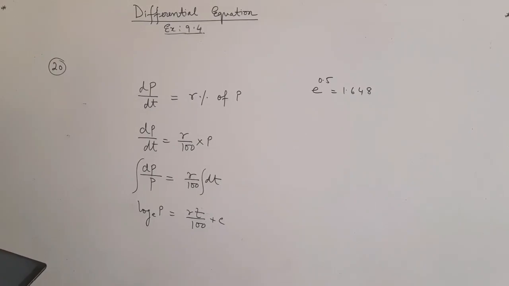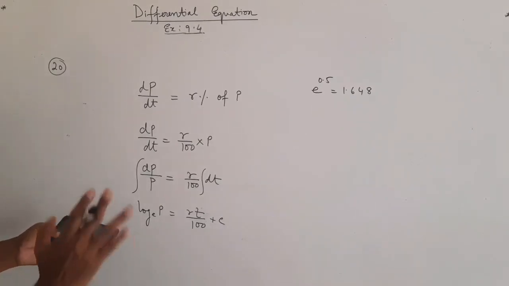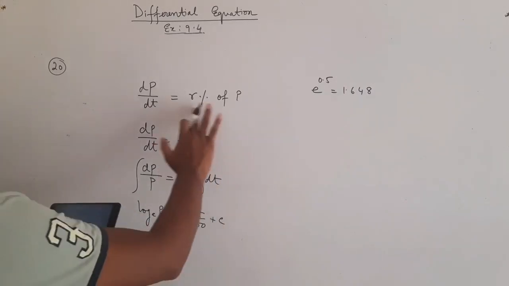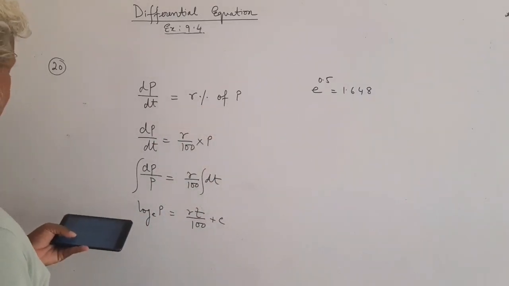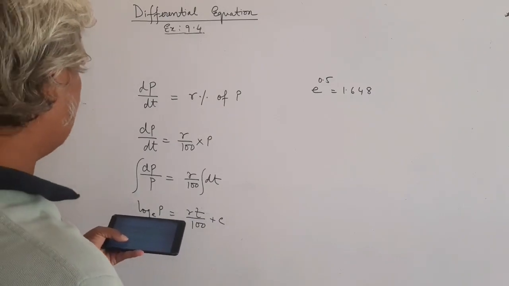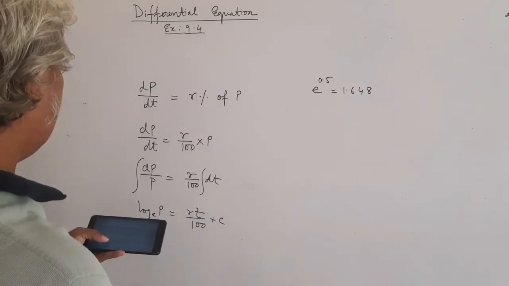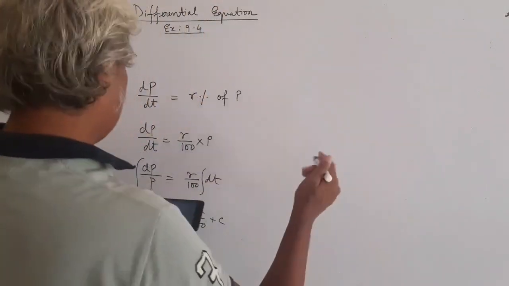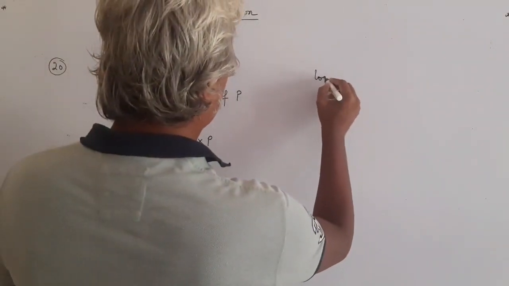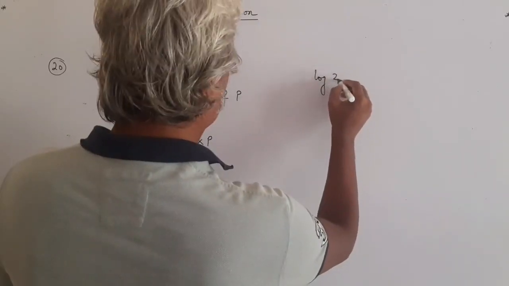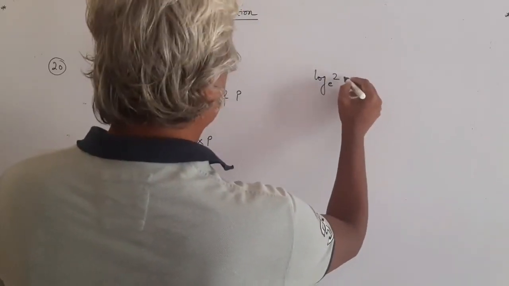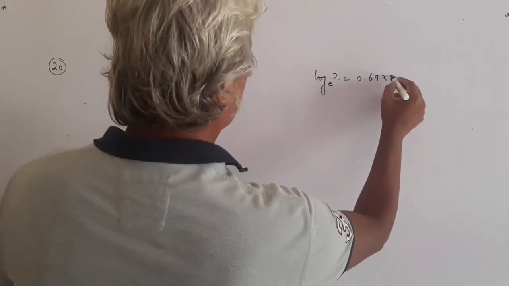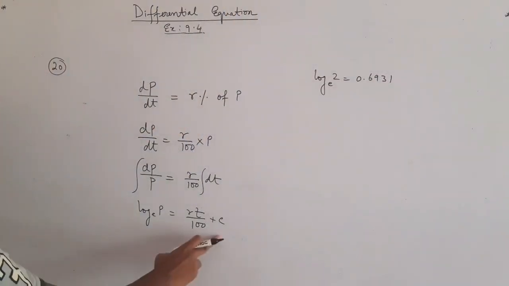Now, I mixed up the questions. I am going for question number 20. It says that in a bank the principal increases continuously at the rate of r% per annum. Find the value of r if rupees 100 doubles itself in 10 years. And this condition is not given, that was for question number 23. You are given the condition log 2 to the base e is 0.6931.